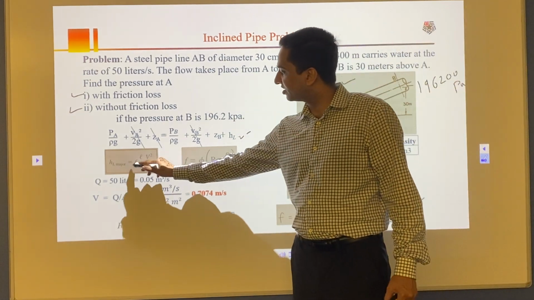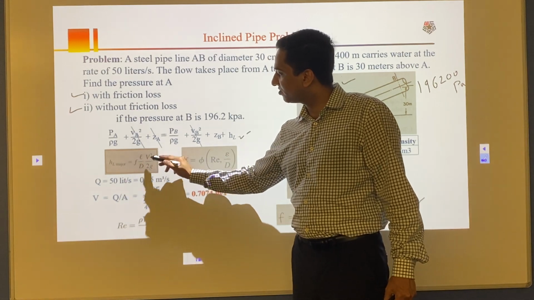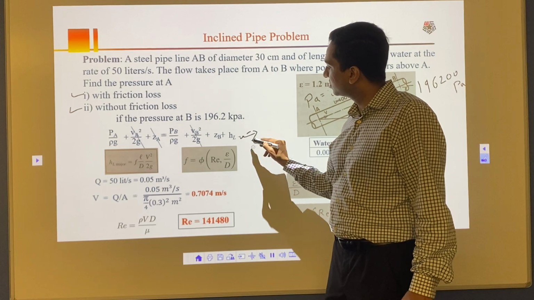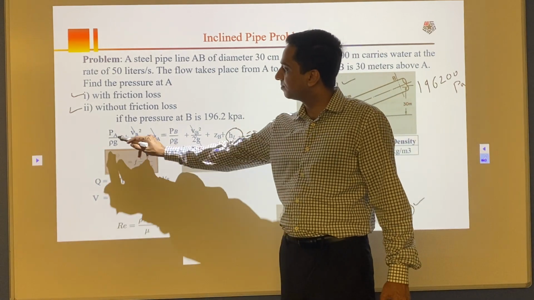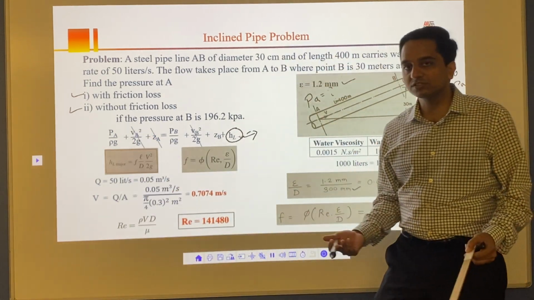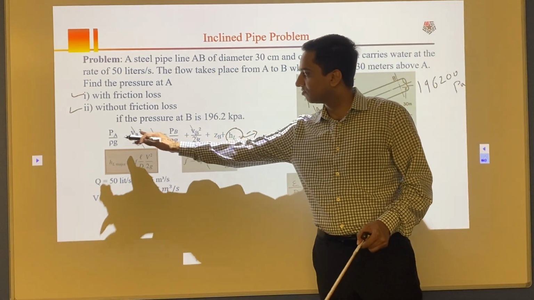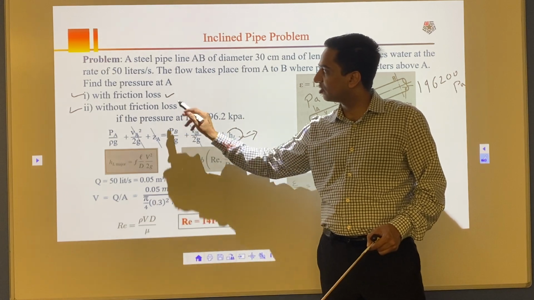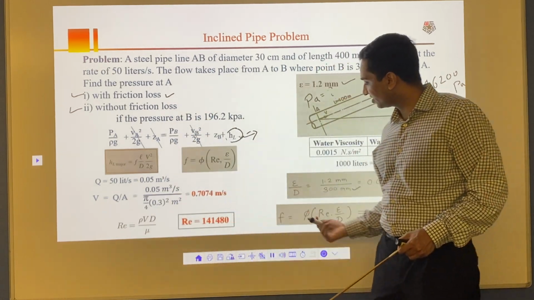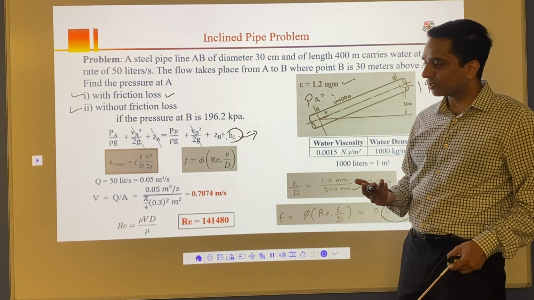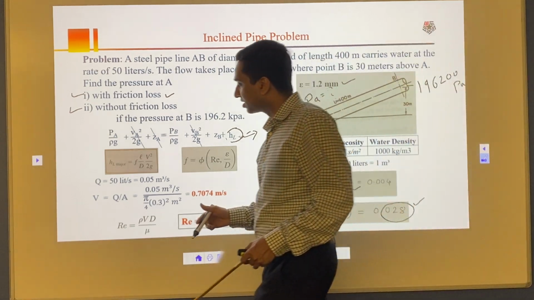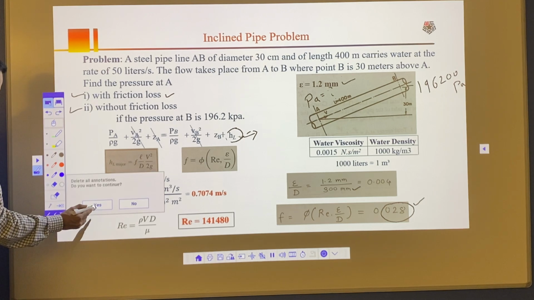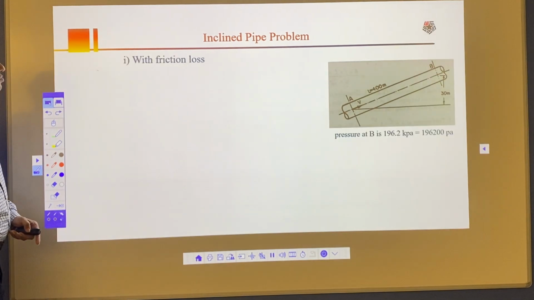You put that friction factor here, and then L by D and velocity you have, you can calculate HL measure. You take that HL measure here, and then you can calculate PA, and that's the problem. If you want, you can pause the video, you can solve it for PA, pressure at point A with friction loss, which is easy. So now you can pause it if you want. I will continue this problem. So here I'm going to delete this, and then let's move to the next part.